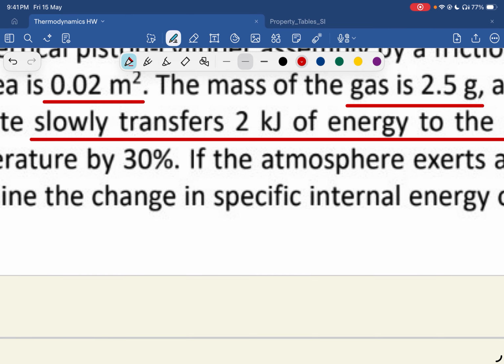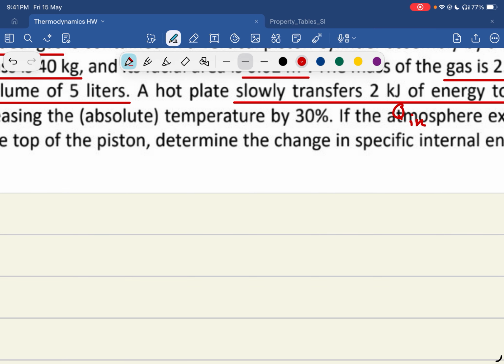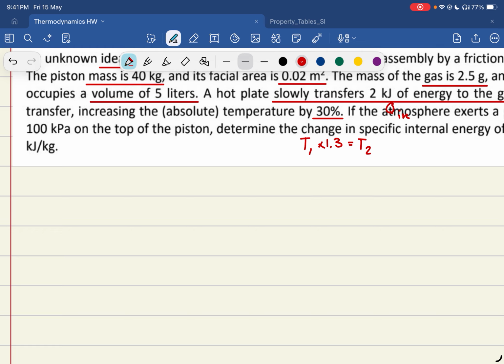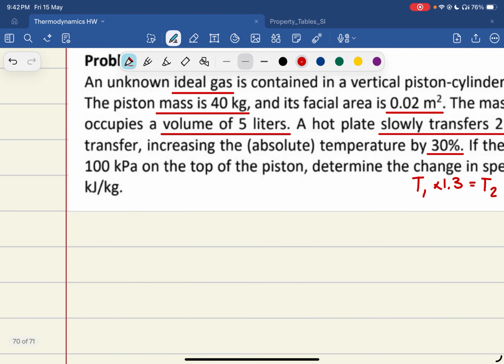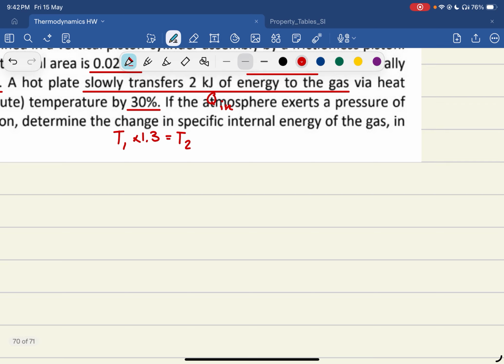So this is Q in. Via heat transfer, increasing the absolute temperature by 30%. So T1 times 1.3 equals T2. And if the atmosphere exerts pressure of 100 kPa, so this is P atmosphere, on the top of the piston, determine the change in specific internal energy in units